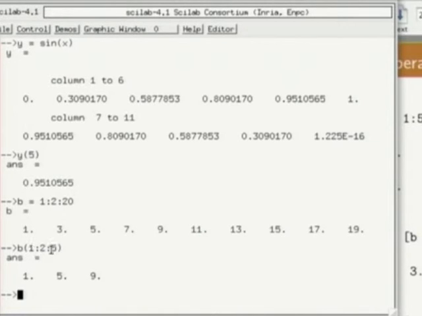1 to 2 to 5 means it is going to create a vector 1, 3, 5. What I mean by this is, go to B and extract the first entry. The second entry's value is 3, which is this, and the third entry's value is 5, which is this, and it is given. So it is possible to do really sophisticated indexing kind of calculation in MATLAB, in Scilab. MATLAB and Scilab are very similar, as pointed out earlier. All these things will work also for MATLAB.